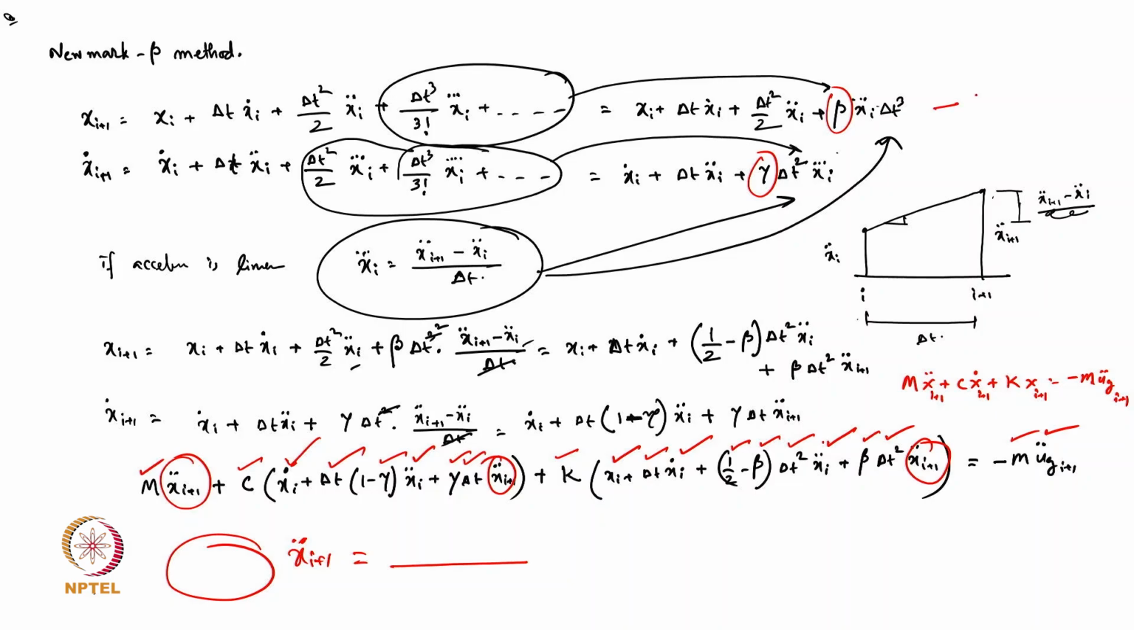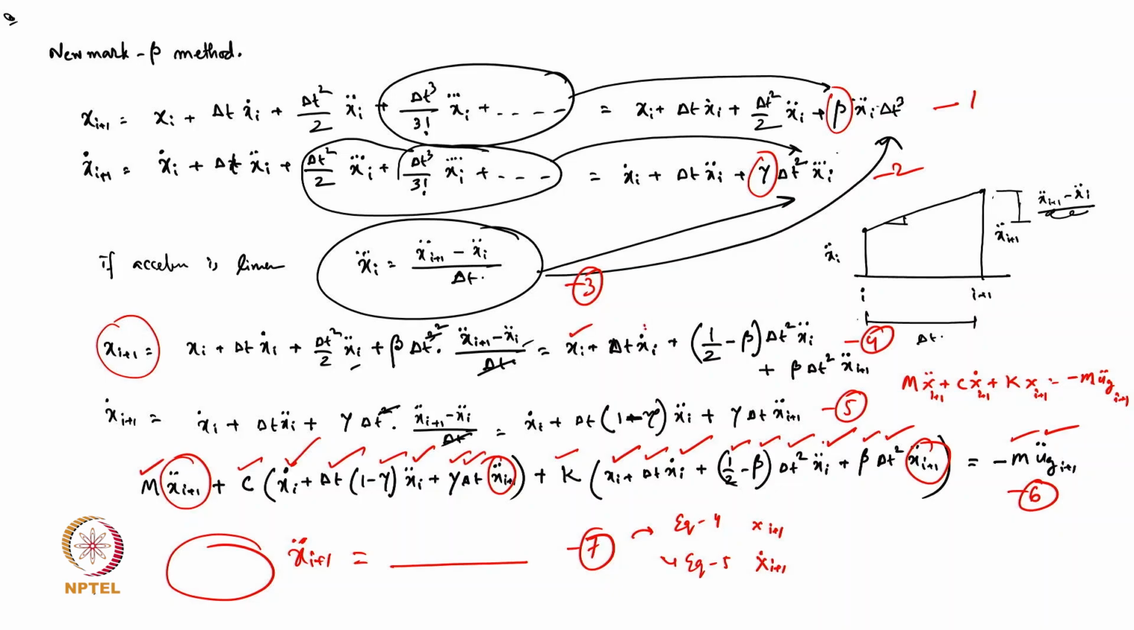Suppose if I just mark it like 1, 2, 3, 4, 5, 6, maybe 7. So once we get the solution of xi plus 1 double dot, then we need to substitute that value in equation 4. So we can calculate xi plus 1, and again in equation 5 there also you can calculate xi. So you can see here, like this term is unknown, this is known,